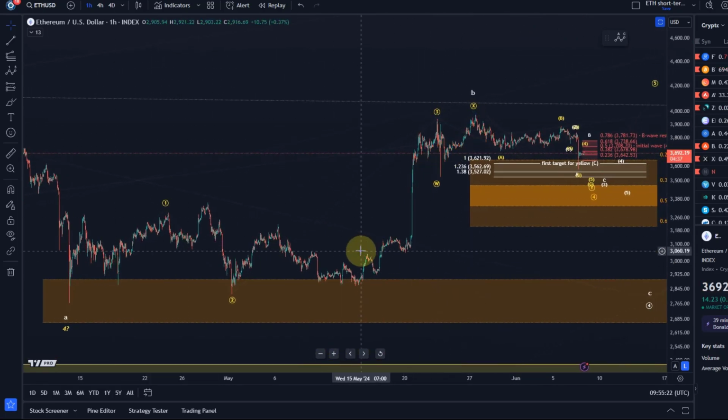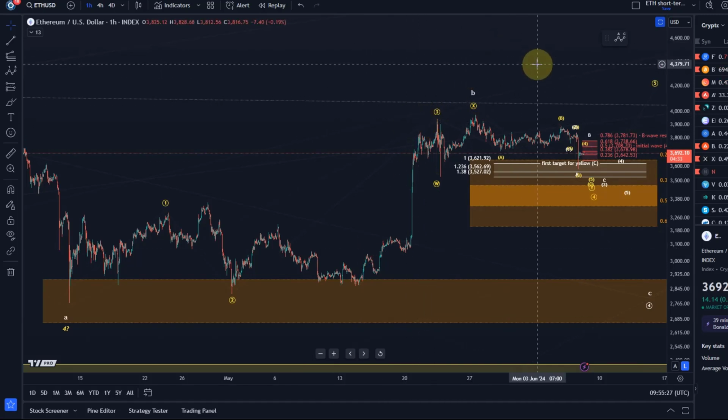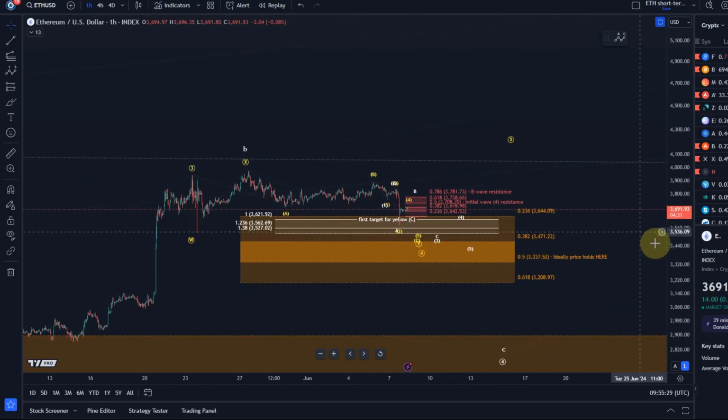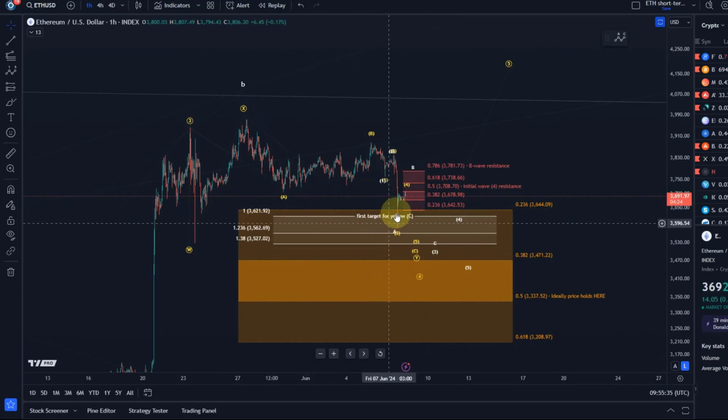And yeah, the subwave is impulsive, the C wave, so it can only be a diagonal unless you invent something completely new, but that's pointless because it's got the structure of a diagonal. So the target box here was reached basically. That's just an additional area of interest to watch in this support area because the support area is so large.